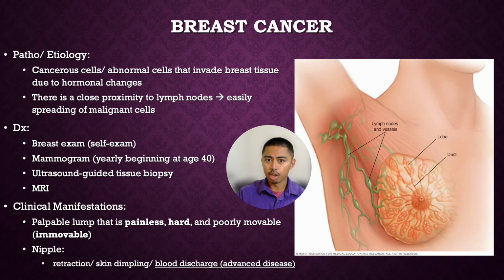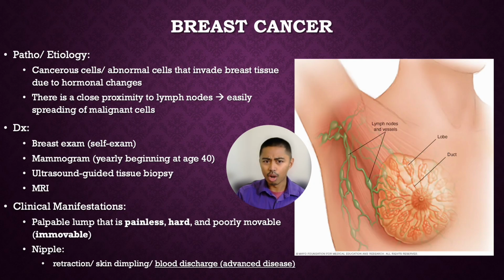The mammogram is going to help see the well-defined lesion, whether it's a well-defined lesion or whether it's invading lesion. It'll help identify calcifications and the masses. And mammograms need to start at the age of 40 because your risk increases after you reach 40. And with the ultrasound-guided tissue biopsy, again, biopsy is the most confirmatory, so this will help confirm the cellular